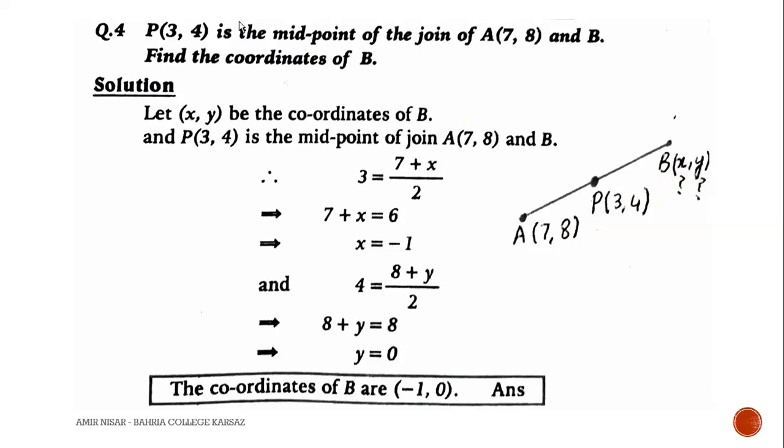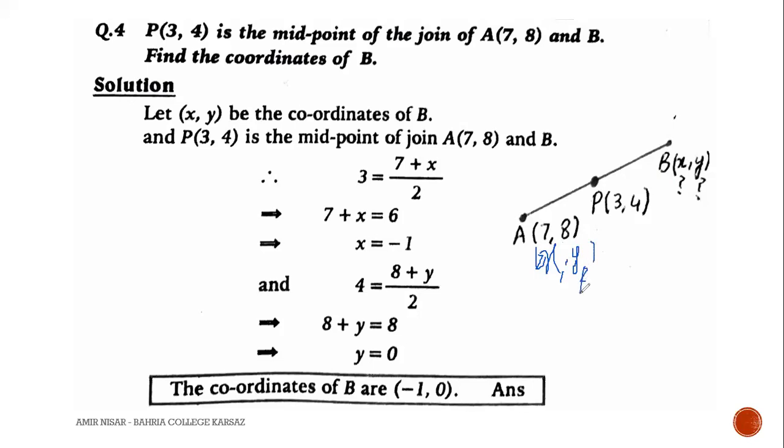I am modifying the figure. As we already discussed, the endpoints of the line segment provide us x1 and y1, and we take x1, y1 from the point which comes first. In this question, point A comes first. In the join of A and B, A comes first, so we will consider x1, y1 from the point which comes first in the question. I'm writing for your better understanding that we are taking x1, y1 in this way. This is the rule for considering x1, y1.